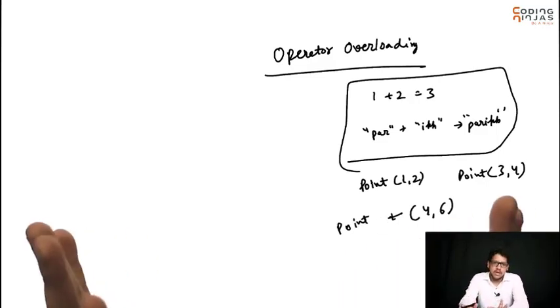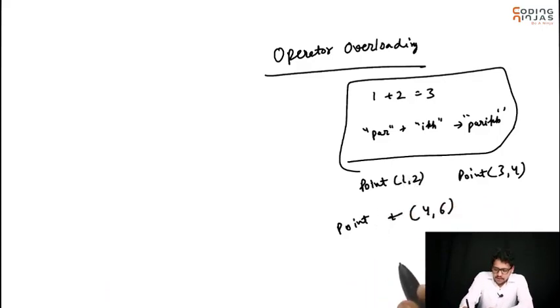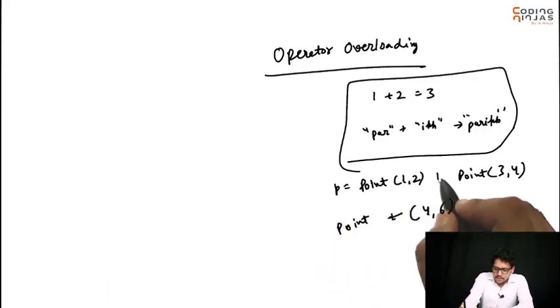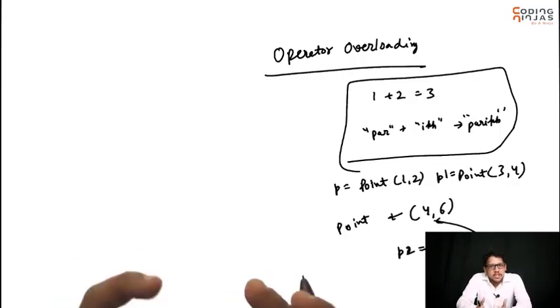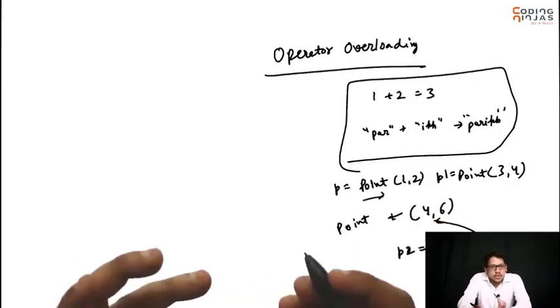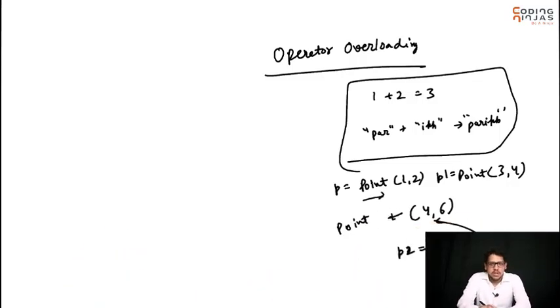Now this is my own class. I want to implement, if my p is equal to this and p1 equal to this, I can write p2 is equal to p plus p1, and it should give me this as an output. I am expecting this. Now this will not happen automatically. You have to do something. You have to implement some functions in your point class. You have to override some of the functions. So Python provides us a functionality to overload these operators.